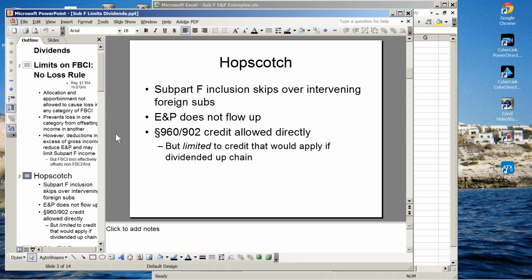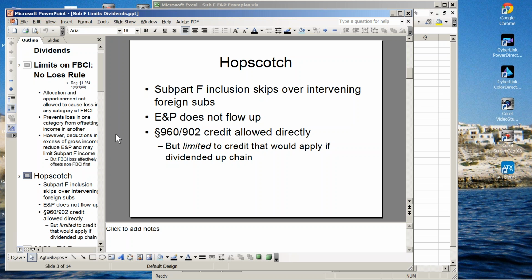So again, the earnings stay in the company that generated the Subpart F income. When a shareholder picks up any Subpart F income, it hopscotches. It skips over any intervening foreign subsidiaries. The E&P does not flow up. The 902 credit doesn't flow up. The intervening company does not have a pool of taxes. Now, I'll caveat this last statement. The intervening company doesn't have a pool of taxes, but